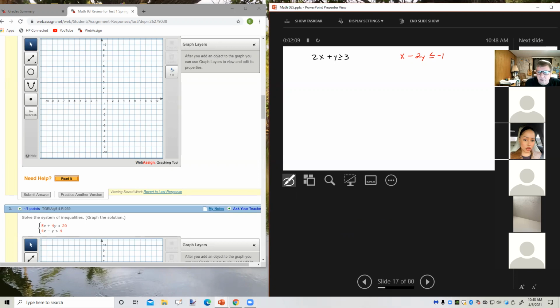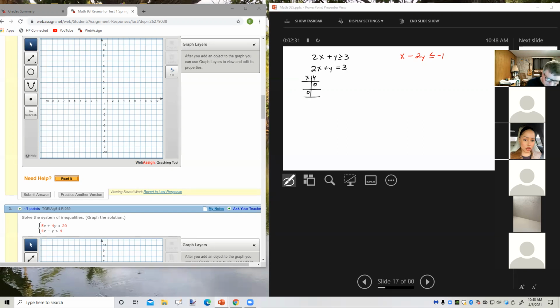So I'm going to consider the equation, which is 2x plus y equals 3. Okay. I'm going to find two ordered pair solutions, and I'll go ahead and use the x and y intercepts